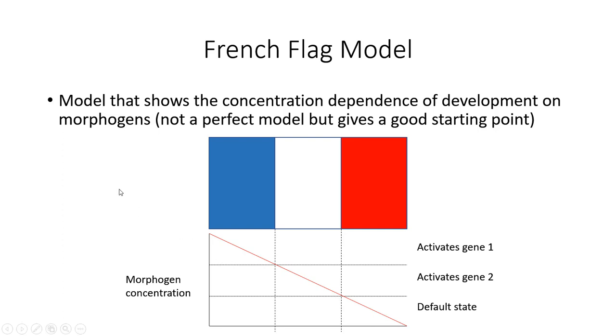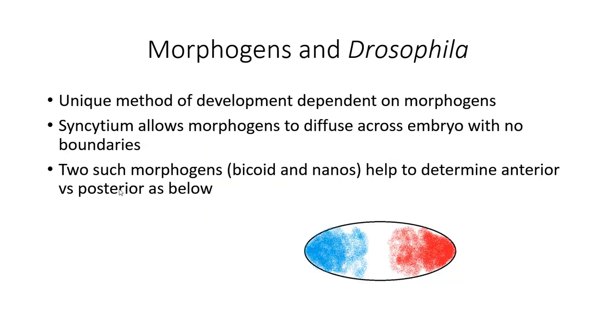single morphogen. Now this can be in combinations, and usually there's more than one morphogen, and we'll go over an example in Drosophila in a moment. But in the simplified model here, it demonstrates how different concentrations give different fates. Now in Drosophila, it's an interesting case because in early development, when normally an embryo would